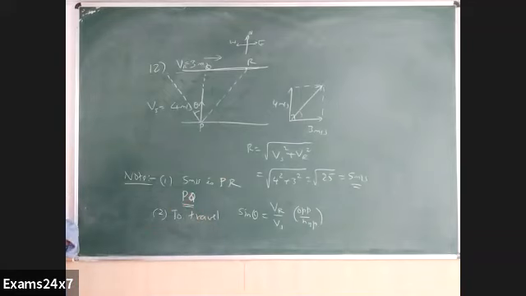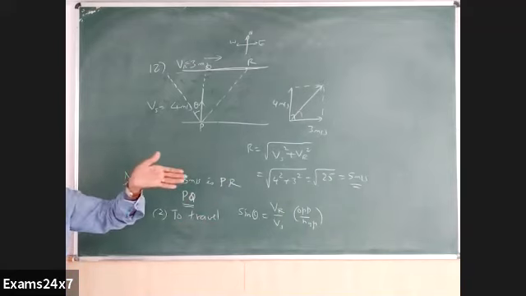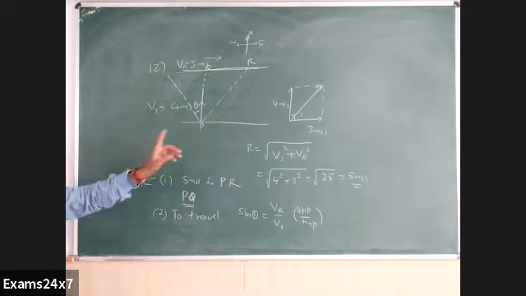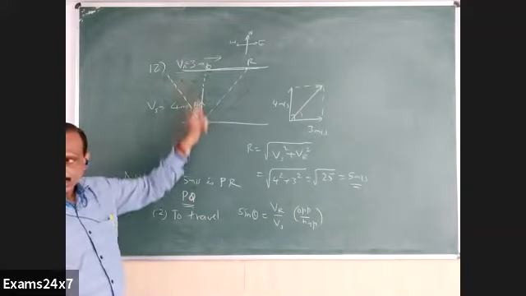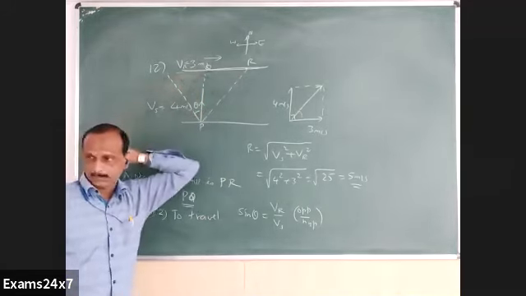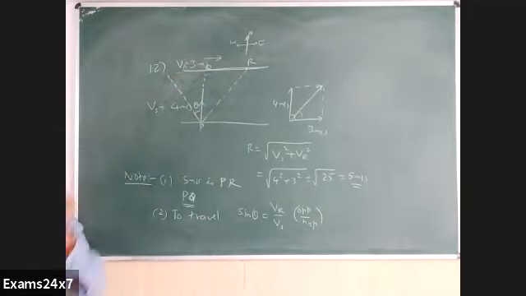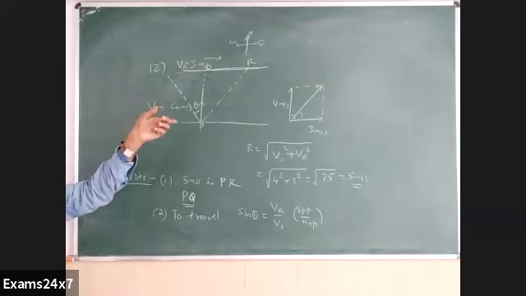For example, in this problem, VR is 3, Vs is 4, 3 by 4 is 0.75. Search that in the sine table, you will get around 46 degrees, something like that. So if he maintains that angle, he will exactly go along this path, PQ. So the question will be how he should swim to travel along the shortest path. The answer will be at an angle theta given by sine theta is equal to VR by Vs, etc. That will be the right option here.